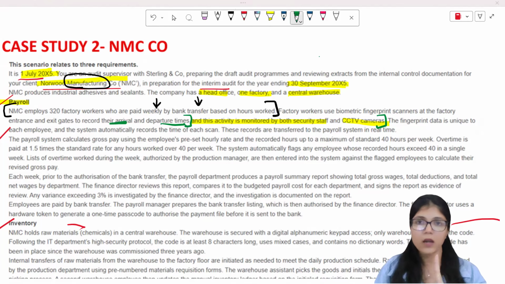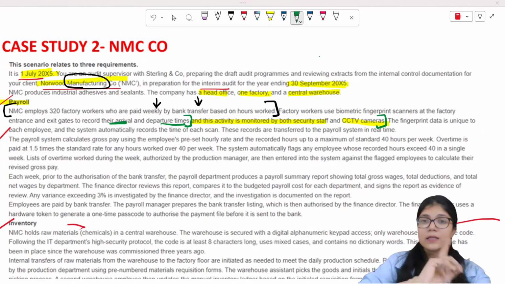So two things. One is that fictitious employees are not going to be there; only genuine employees are going to log in. And second, correct payments are going to be made to them. That is what you're going to talk about. And test of details would be that you can obtain footages of the CCTV camera. You can review a sample of some of the footages. You can discuss with the security guard and see how he is managing everything. You can check that the security guard would also have signed on registers or something to show he was present there. That is what this sentence is all about.